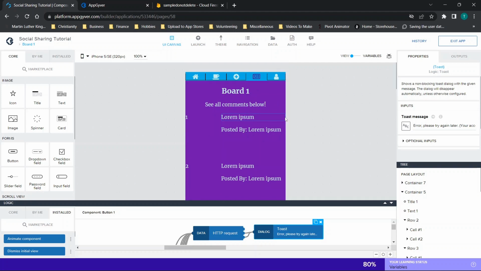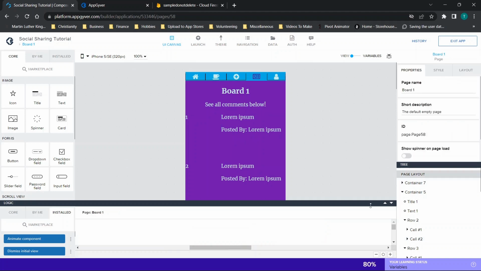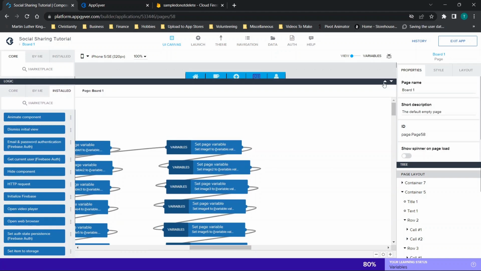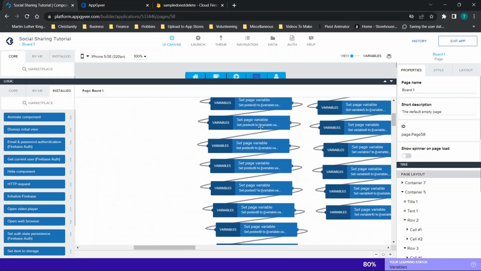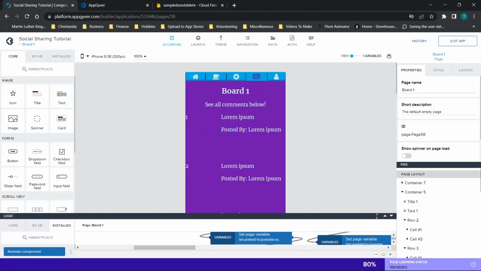So what we're going to do at this point is I'm going to actually stop the video here. We'll make this final page the 3-part series because the next video is going to be covering the page load logic. If you don't set this up when the users access this page, then there's not going to be any data